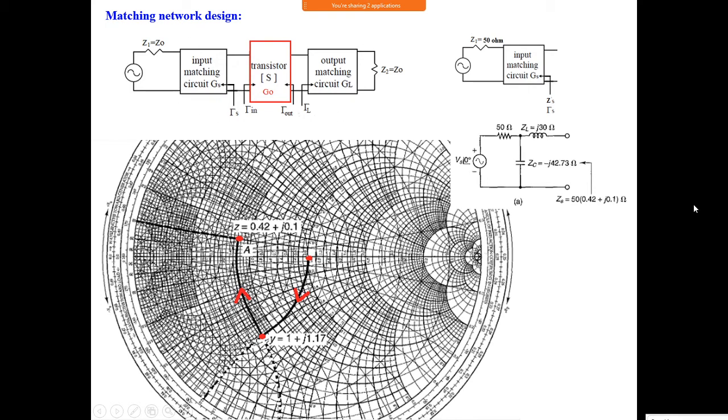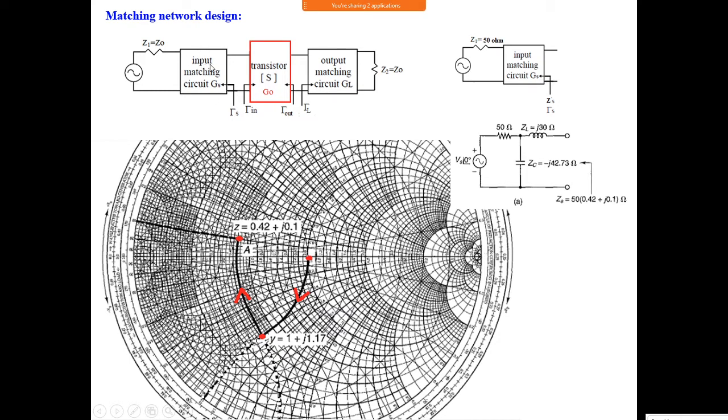Now if you look in this direction, the impedance is 0.42 plus j0.1. So the circuit gives a 2 dB gain; in that case Gs will be 2 dB. Like this we added this matching network to this one. Because we already learned how to design the impedance matching network, if you go through that once, you can easily understand how to design this impedance matching network. You already studied that. So that is to get a 2 dB gain.